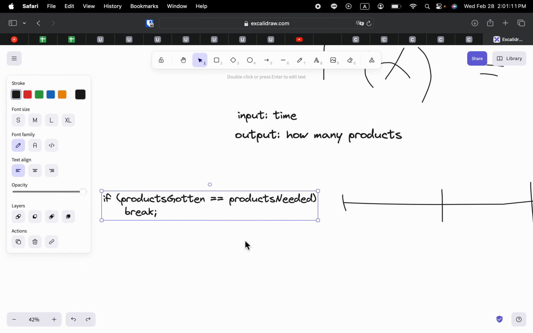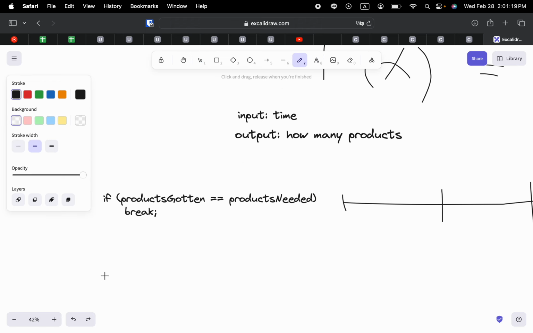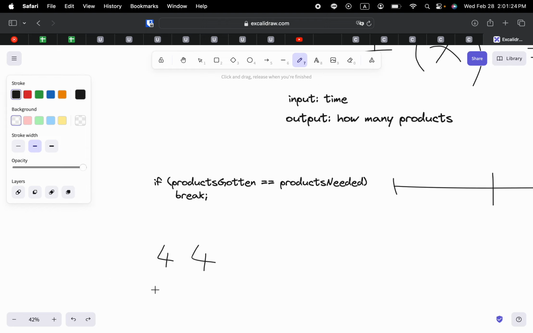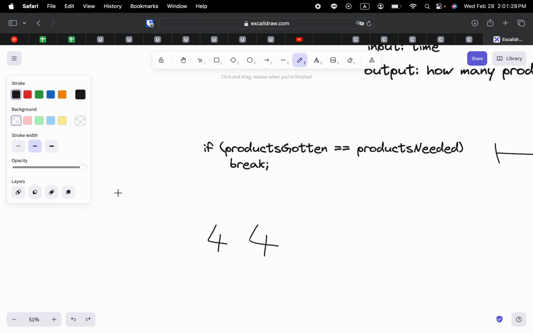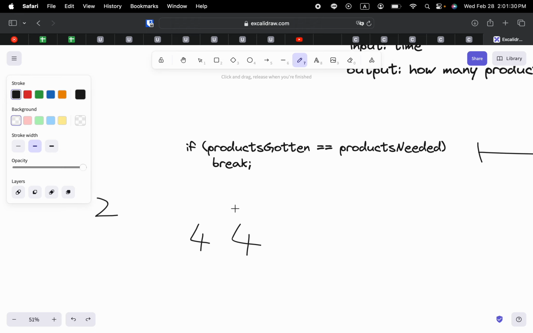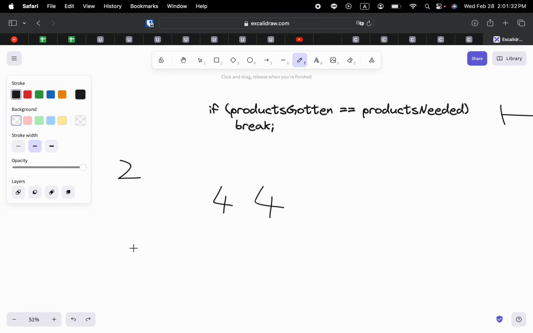This is how some people do it, but this is wrong. Say that for each of the products, you have 2 machines, and each of the machines takes 4, and you need 2 products. You check the time they would produce that, time 5, and you check time 5, and then you will get